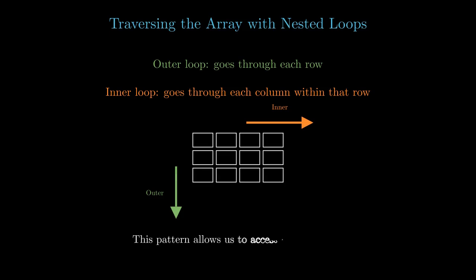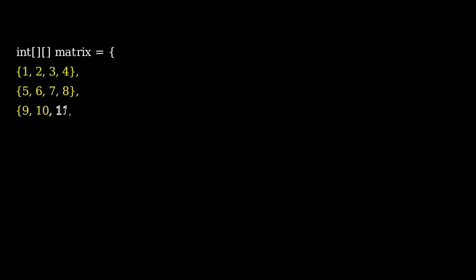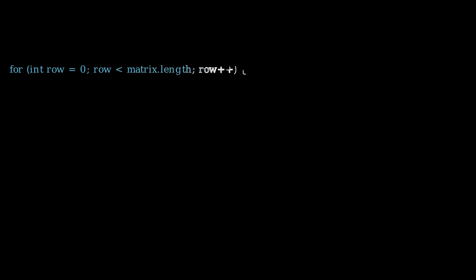Now let's actually traverse this array. The most common way is by using nested loops, one loop inside the other. The outer loop goes through each row, and the inner loop goes through each column within that row. In the Java code snippet below, we'll do exactly that. int[][] matrix equals the same 3x4 array as before. Then we write, for (int row = 0; row < matrix.length; row++)